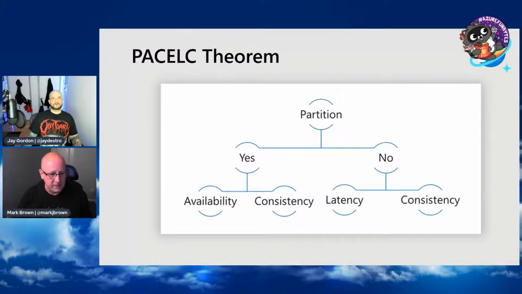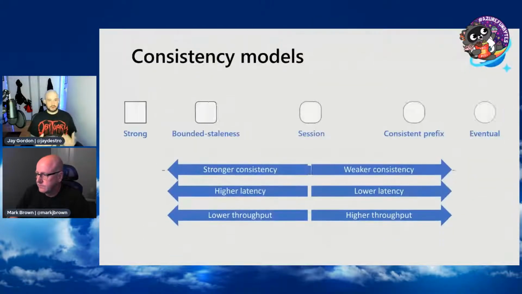But consistency here doesn't mean ACID. What it means is that the data is the same in all of the different nodes within the database, all of the different regions within the database. So if you have your database replicated in West US, the data should be as consistent as in East US. The whole point is to make sure that using these consistency models gives you the best throughput for your database that you're expecting.